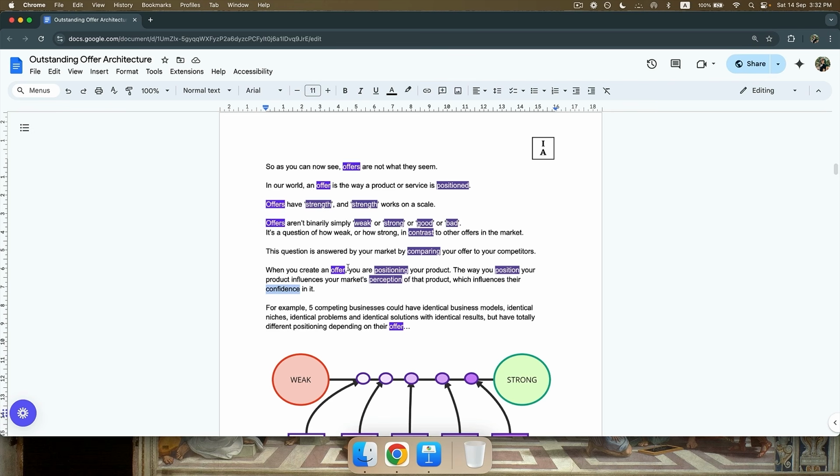Like birds, as in the organisms, not the flightless, the things that fly, not actual women, right? But you get my point. Who knows what female birds want these days, right? Whatever. But the point I'm making is that your offer is kind of like, and this is going to